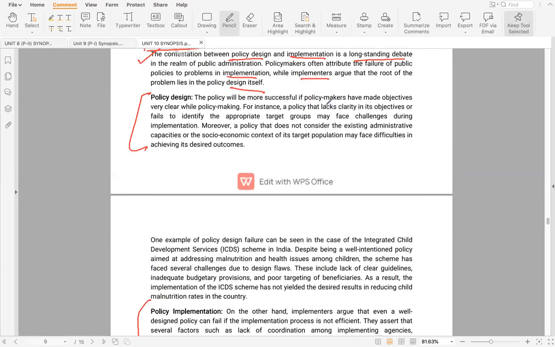So the policy will be more successful if policymakers have made objectives very clear while policy making. For instance, a policy that lacks clarity in its objectives or fails to identify the appropriate target groups may face challenges during implementation. Moreover, a policy that does not consider the existing administrative capacities or the socioeconomic context may face difficulties. For example,